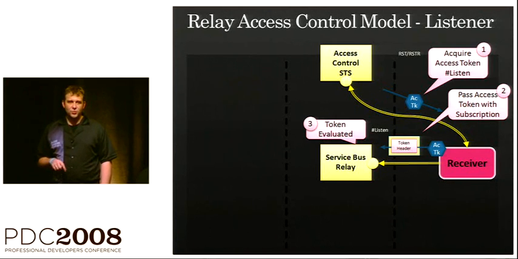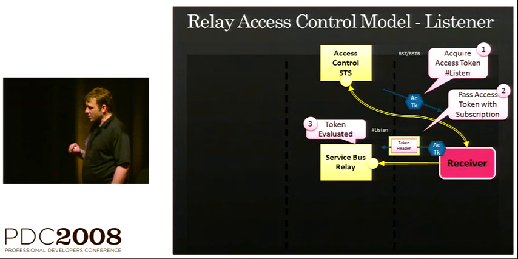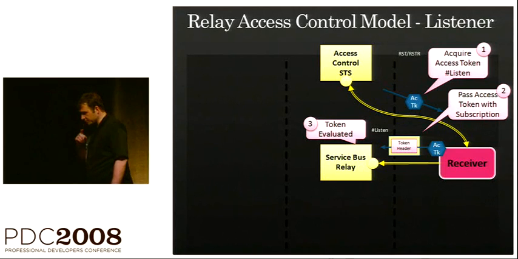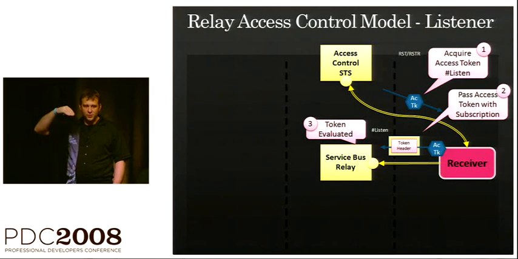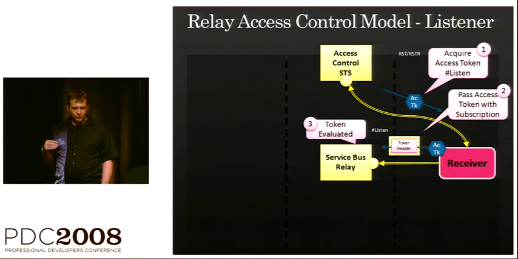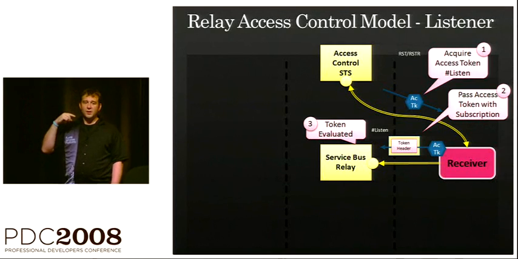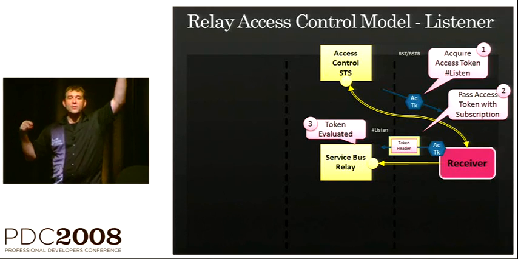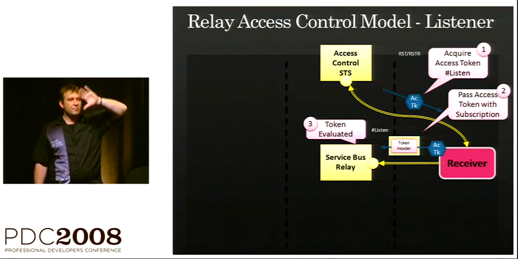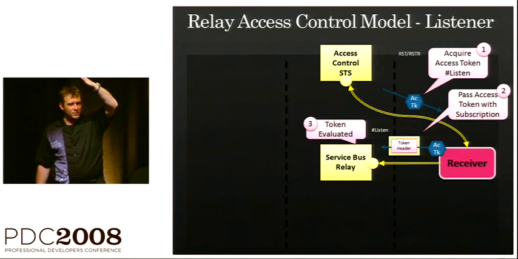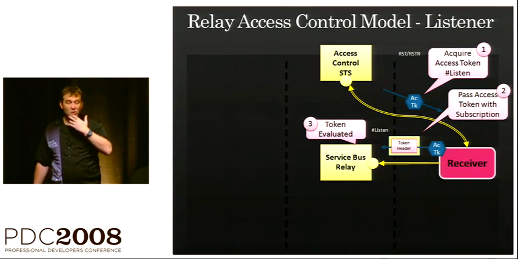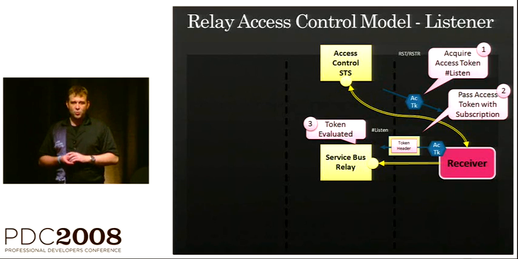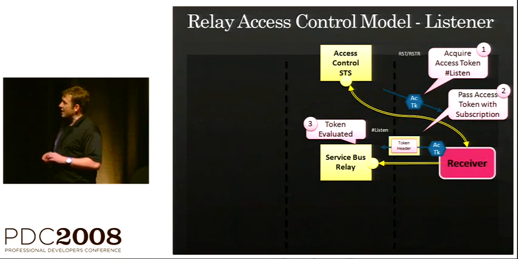So when you go into the access control portal, and Justin Smith is going to talk about that in his talk, you will see that you can define rules for listen and send permissions. So you can allow identities who come from other federated systems, somewhere in some AD member of a particular group, they come in with that credential, and they can get the listen or send permission based on a set of rules that you can define in the access control portal or also programmatically.